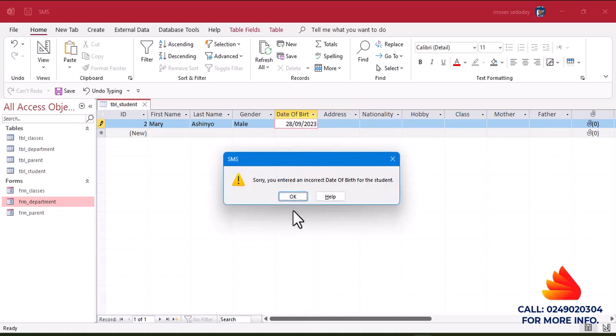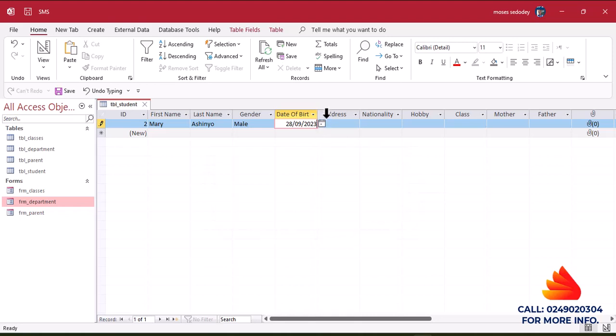See, it is saying, sorry, you entered an incorrect date of birth for the student. Okay, that's the validation rule. So it will prompt us to add something. So let's make it 2009,